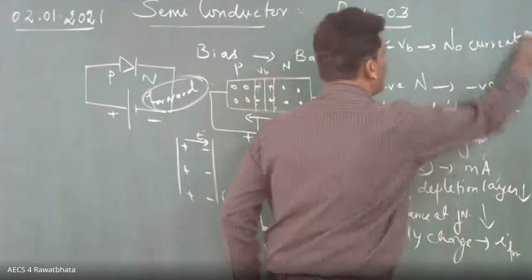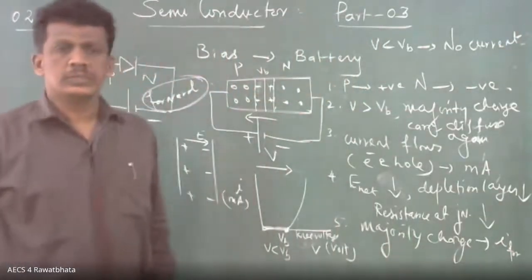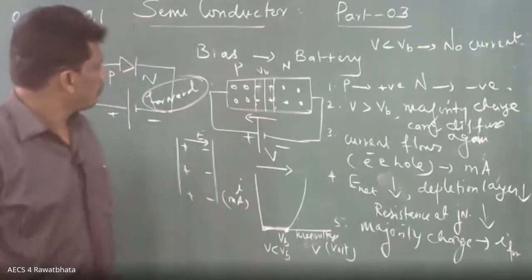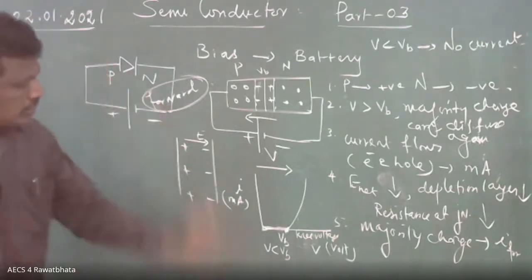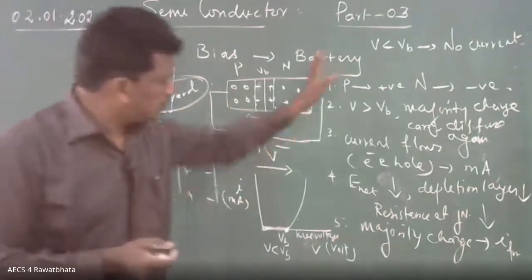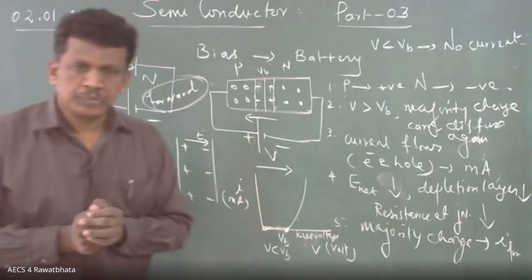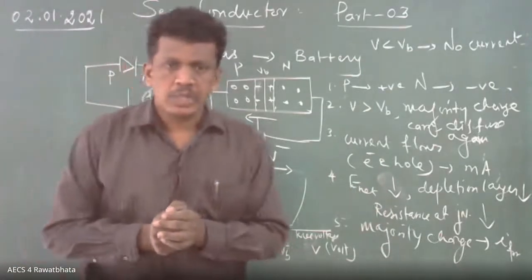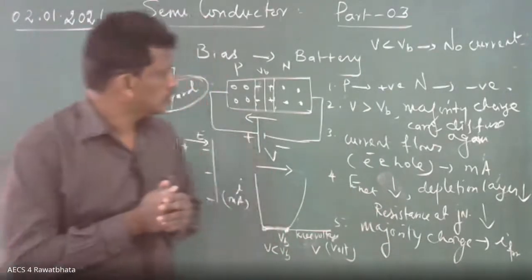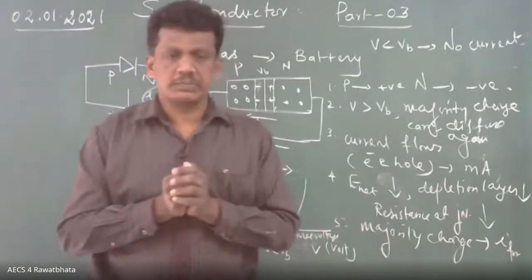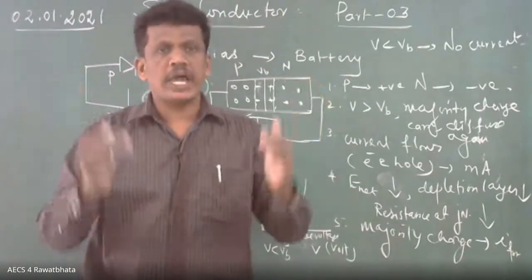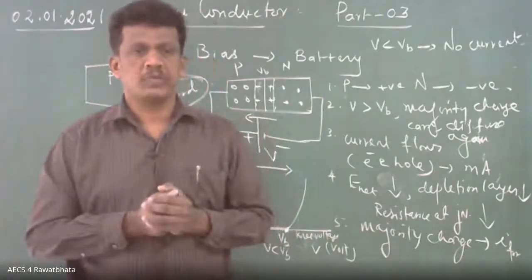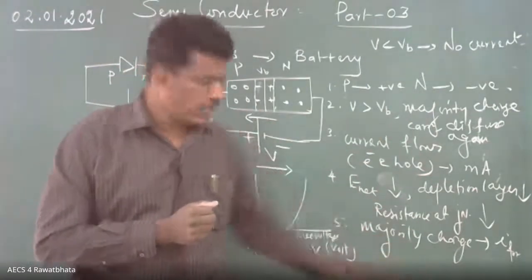You write all the points, very useful. That's all, over now. Now the same thing I am going to do for reverse bias. If you have doubts in these points, you can ask me now. If you have a specific doubt, what is forward bias? During forward bias, what is happening? What are the changes? And the graph.